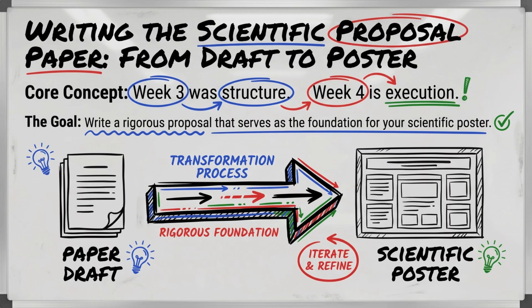Poster judges, especially at busy conferences, are overwhelmed by walls of text. They want to grasp your core message quickly. By writing clear, active topic sentences in your paper now, you prevent that panic later where you might be tempted to copy-paste giant, dense paragraphs onto your poster. Your paper becomes a well-structured narrative, and your poster becomes a visually engaging summary of that narrative, not just a shrunken version of it. This approach ensures your message is digestible and memorable, even in a crowded poster session. This process of building a strong paper now will directly inform the flow and content of your scientific poster.